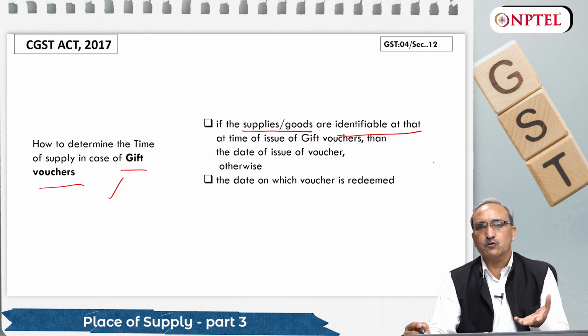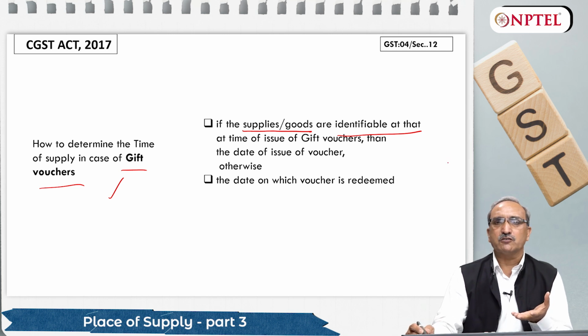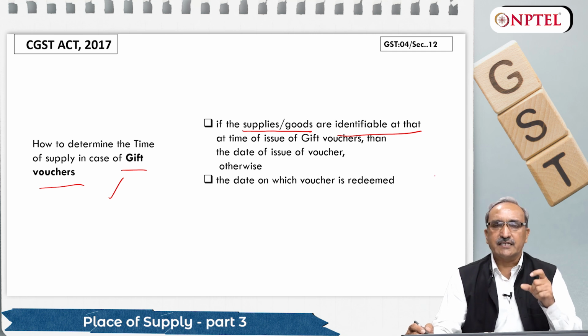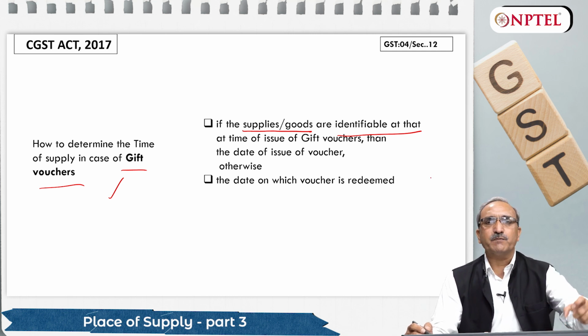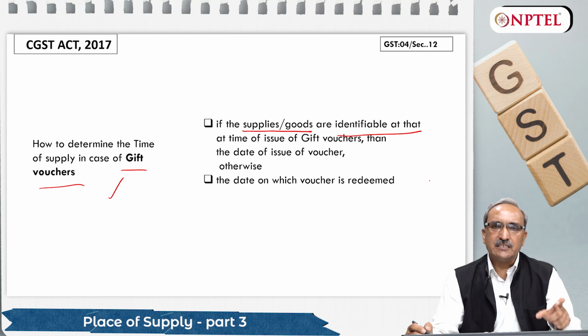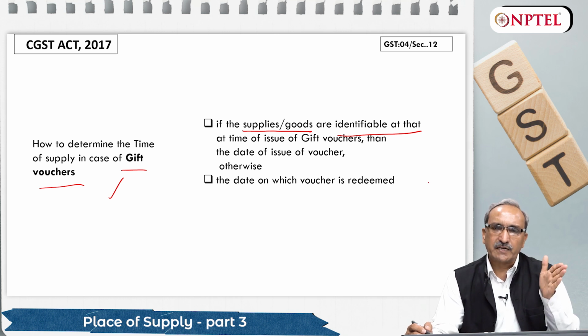it happens sometimes when voucher is given to you, the person who is giving you the voucher will tell you, or it will be on the face of the voucher, that this voucher can be redeemed against purchase of this particular item. So means voucher is very specified for a particular transaction, for particular goods or particular service. It is not an open voucher, means you go into the market and buy anything. It is not like that. It is for a particular item.